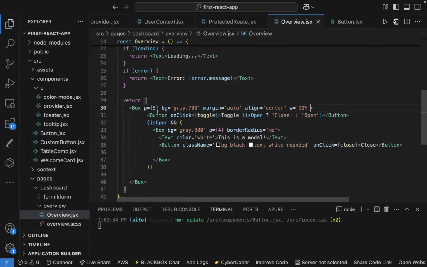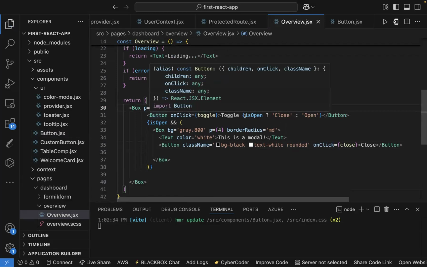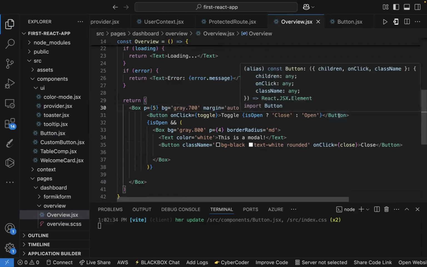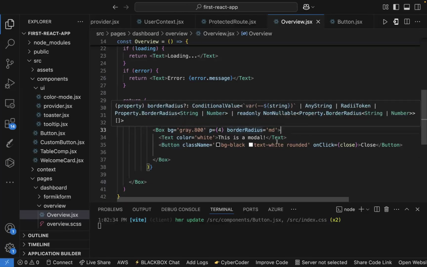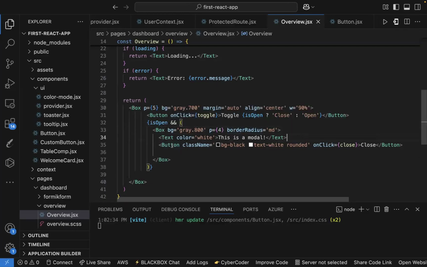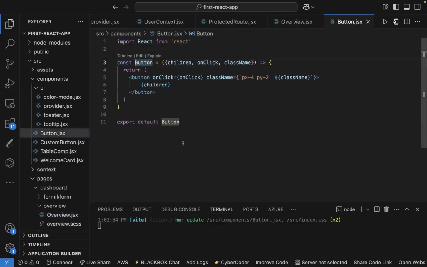So for some reason, our styling is not working. We can't debug that now. This class is not for styling, so we'll just let it be for now. Figure it out later. So basically, this button now is a reusable component because we can now pass